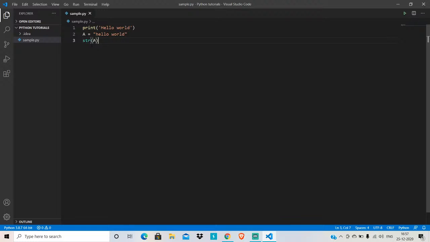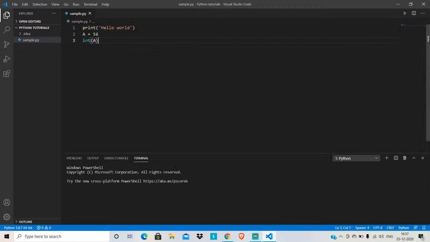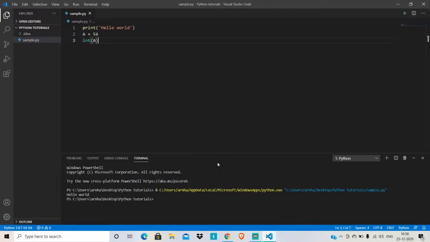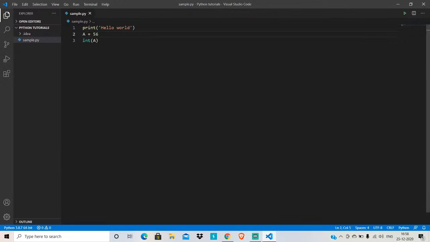And the next type of variable is int. Int is used to store numbers. 56, right? Also, if I use semicolons,